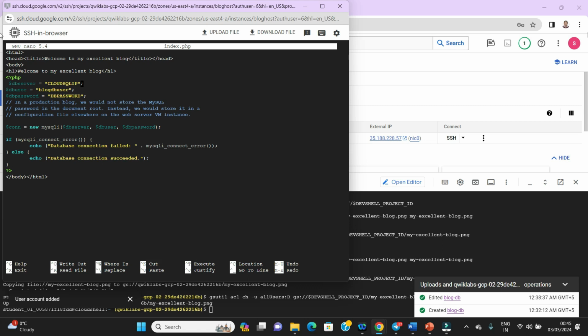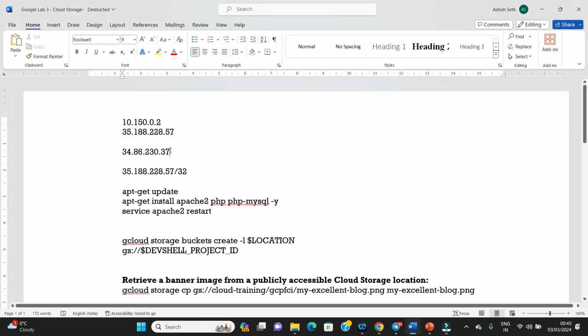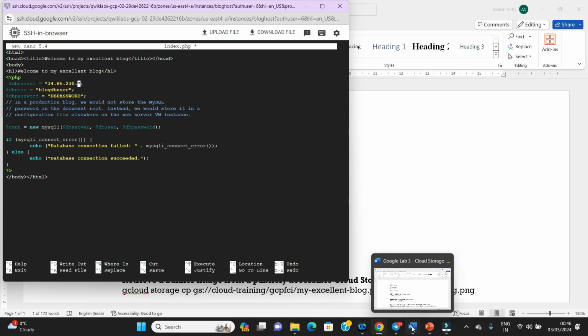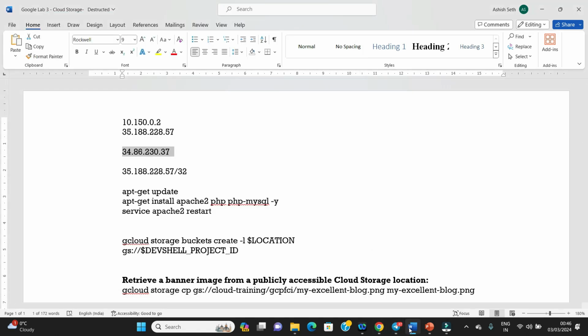Actually here we have to provide the IP of the SQL instance. This is the IP that we have copied. So let us copy here 3486 to 30, and write it here. 3486 to 30 dot 37.